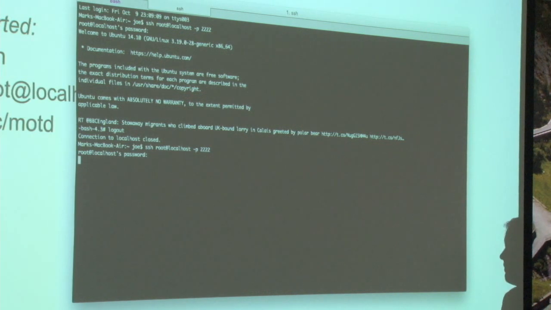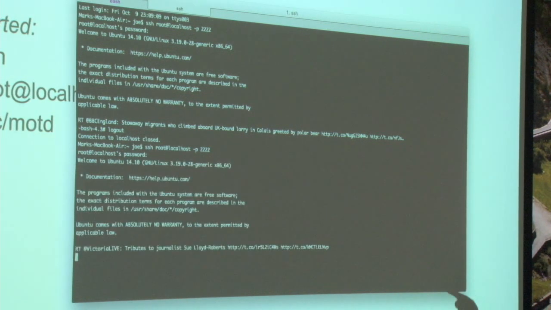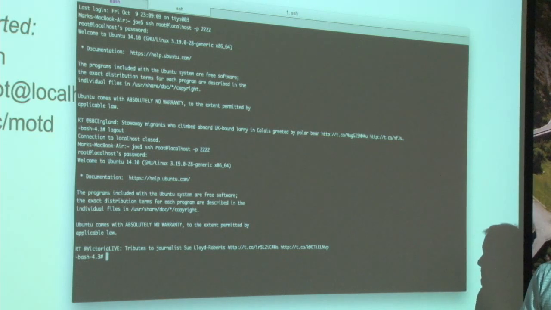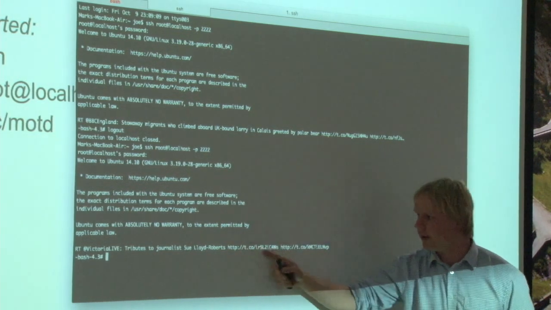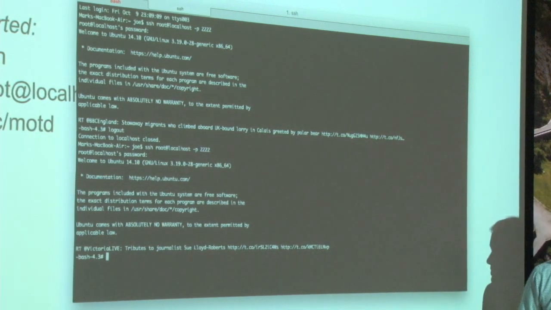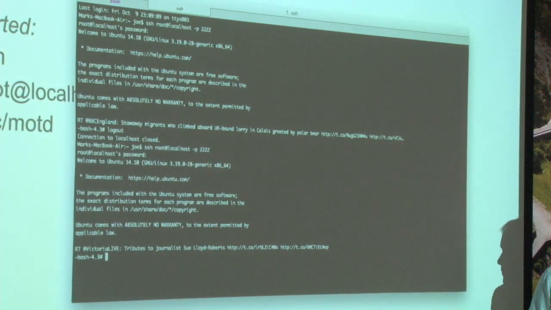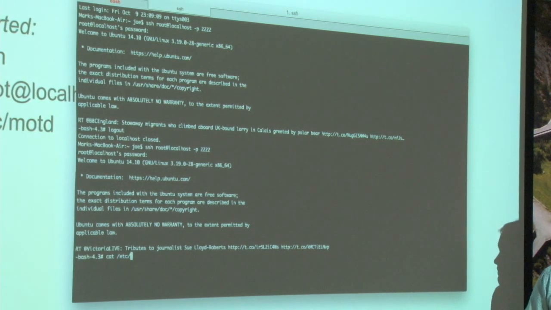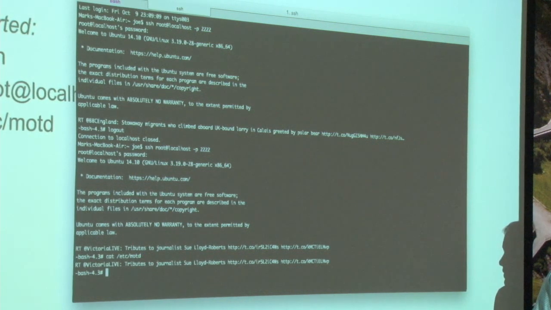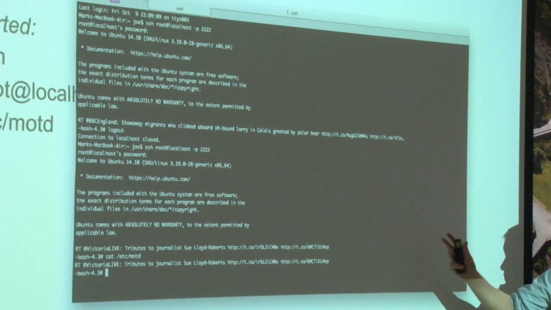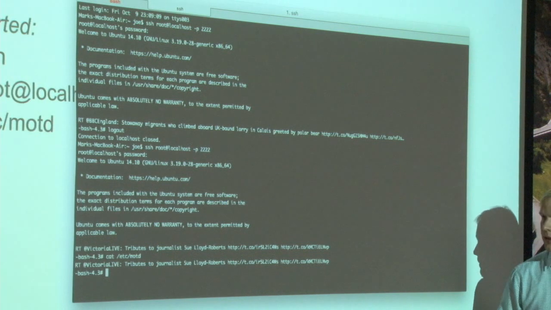And you will be able to see this looks obviously like a fairly standard Ubuntu thing up to there, where it's got the latest BBC News tweet. And the reason it's got the latest BBC News tweet is, if you have a look at etc/motd, that's just a file that happens to read from a URL source somewhere else on the internet.